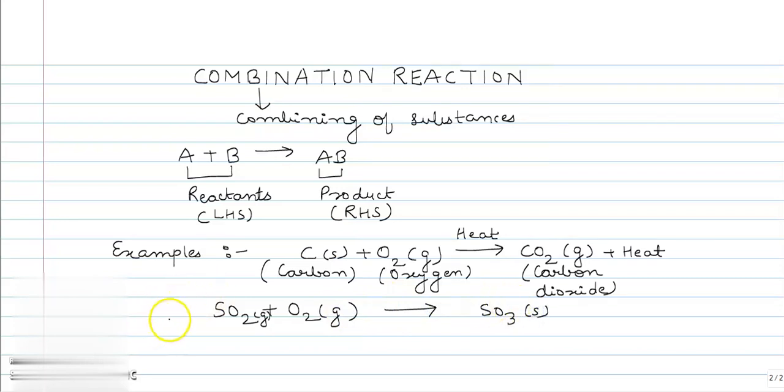Now I'm balancing it directly, not showing you the elaborate way, which I'll cover in the next video. So this is forming a product which is solid. It is not at all mandatory that if you have taken gaseous reactants, it will give you a gaseous product only. It can form a solid product or a liquid. This is example number 2 of combination reaction, in which SO2,